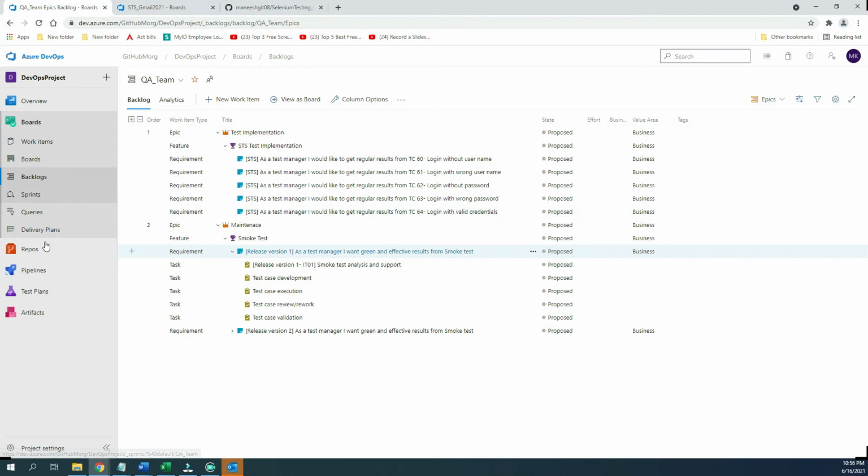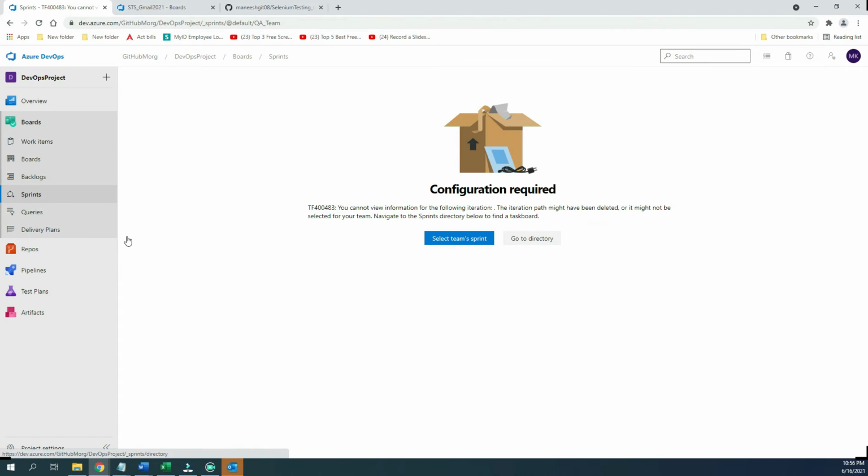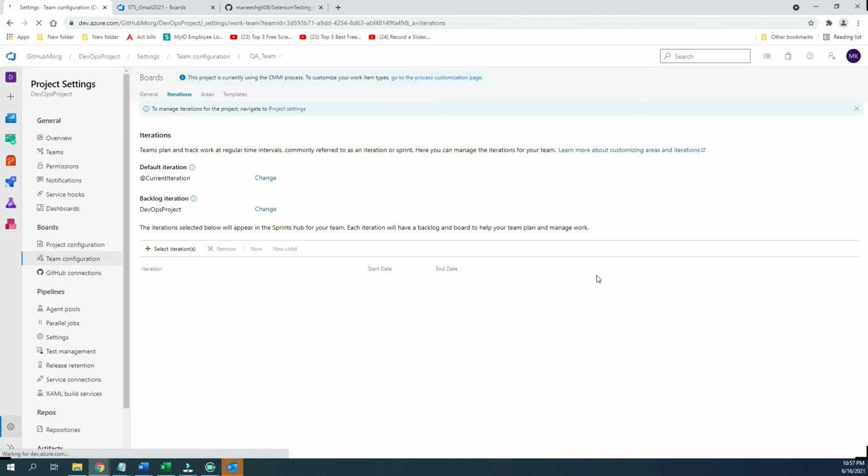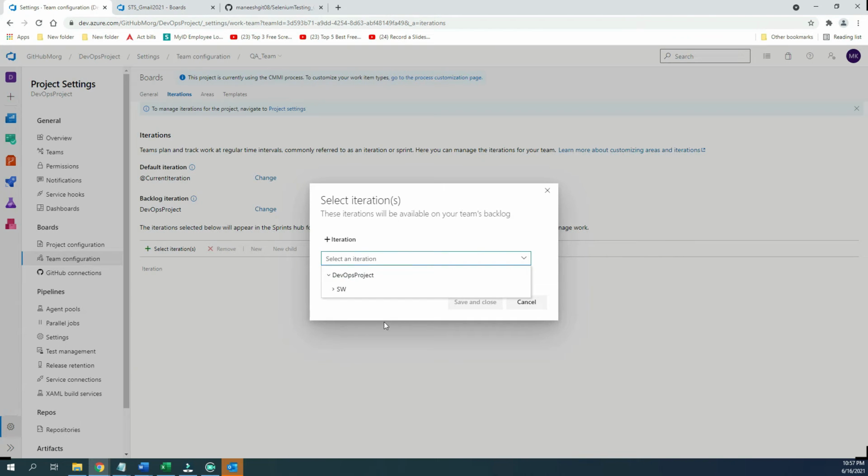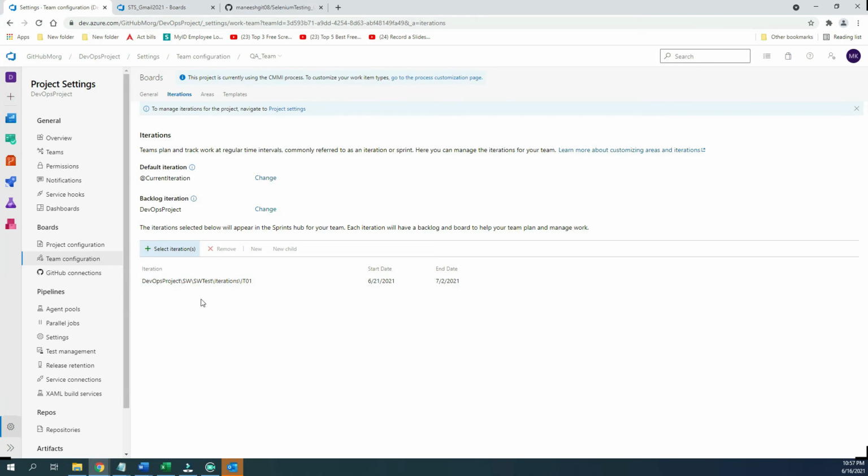Now go to the sprint section. Select team sprints from here. Select again which iteration we want to work on. Save and close.